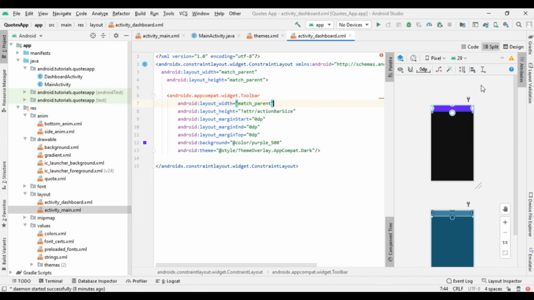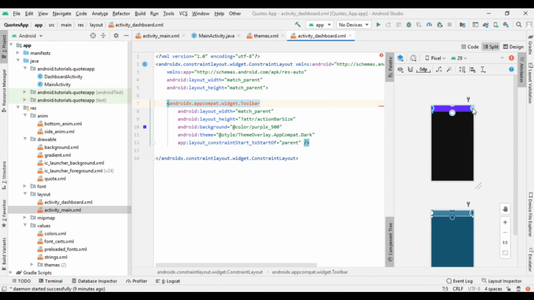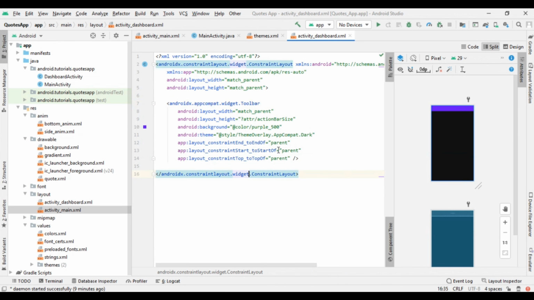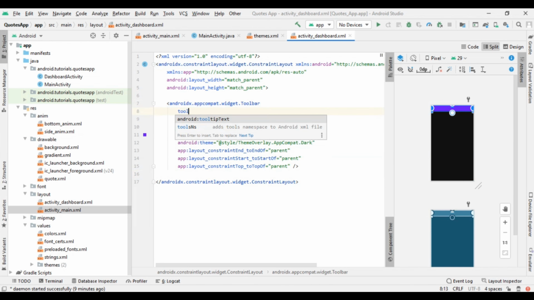And now align this code or add the constraints. So here I had aligned them, and now we got our action bar and assign this toolbar an id, and that id will be toolbar.